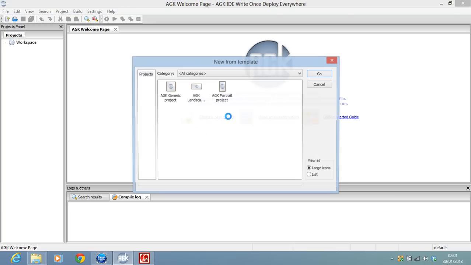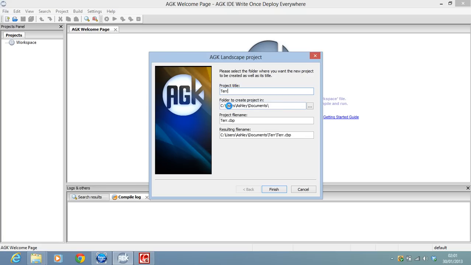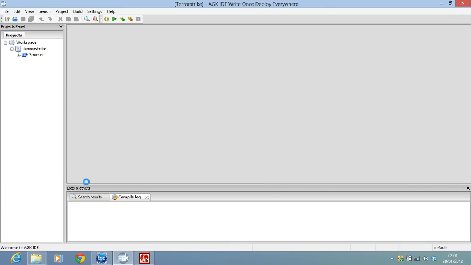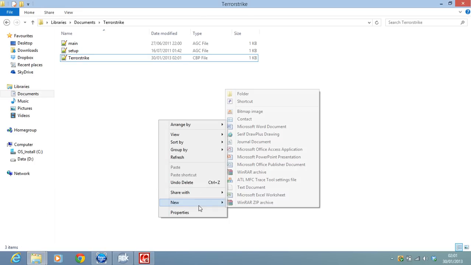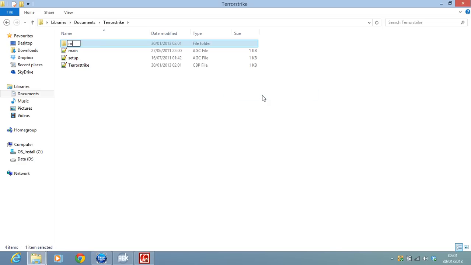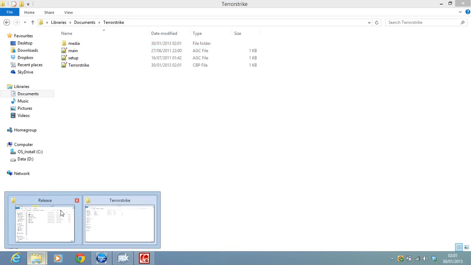Next thing I want to do is create a landscape project in AGK, and I'll just call it Terror Strike, and I'll save that. Okay. The last thing I just need to do is make a media folder. Okay. Now we go to the